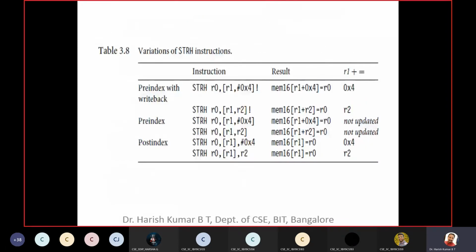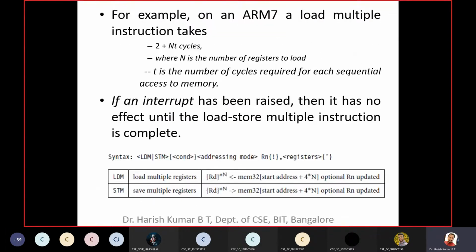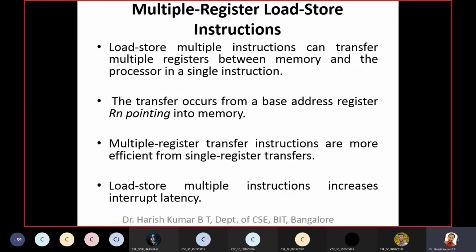Okay, yesterday we started our discussion on load multiple and store multiple instructions. So we understood the advantage of load multiple and store multiple instructions. It is much more efficient compared to the single register transfer instructions, because just by writing one instruction, it is possible for you to load multiple registers, and just by writing one store instruction, it is possible for you to store the content of multiple registers